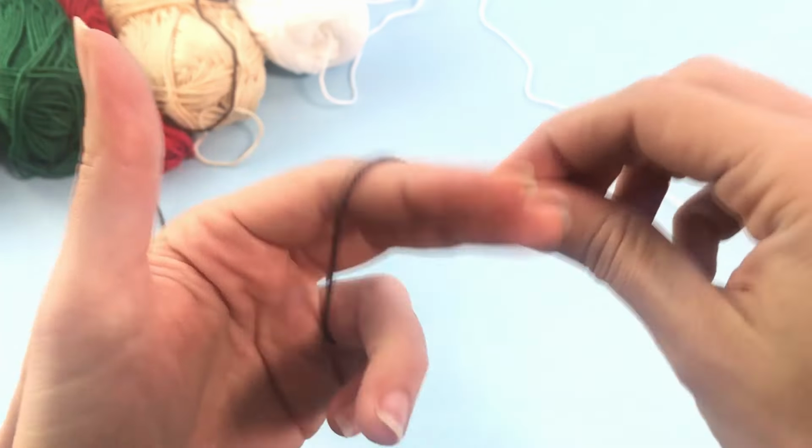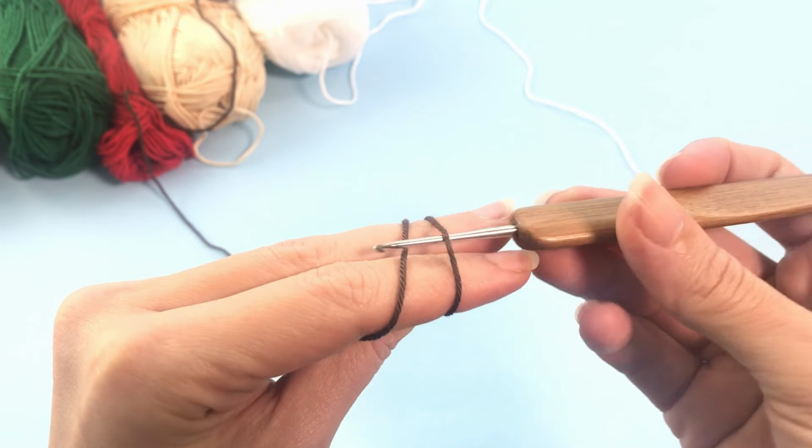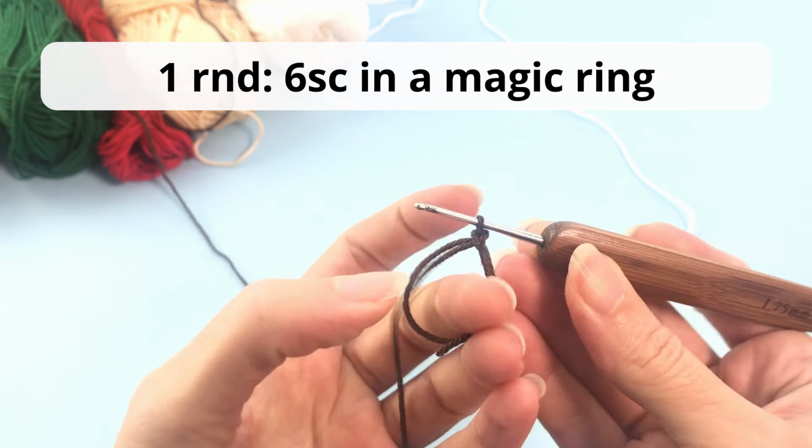All right, now we'll start the elf. So here you'll start with a brown color yarn and you'll make a magic ring and 6 single crochet inside